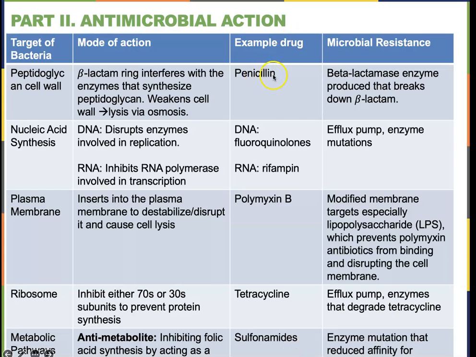So we have penicillin, we have fluoroquinolones, rifampin, polymyxin B, tetracycline, sulfonamides. These are, hopefully you've heard of some of these before. I know penicillin, maybe we talked about tetracycline at the very beginning. Sulfonamides are also known as sulfa drugs. And then we have a column here where, when microbes are resistant to these drugs, what do they do? So we're going to move through these slide by slide,